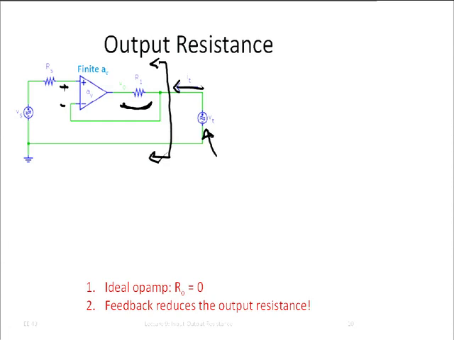Okay? So whenever we do that, we have to make sure that the circuit is linear, and for that actually you have to turn off the source. So Vs